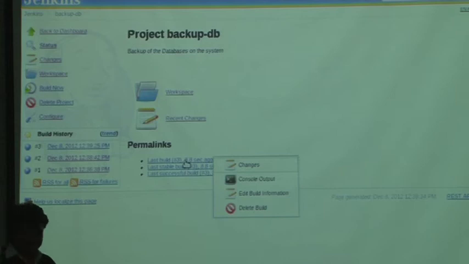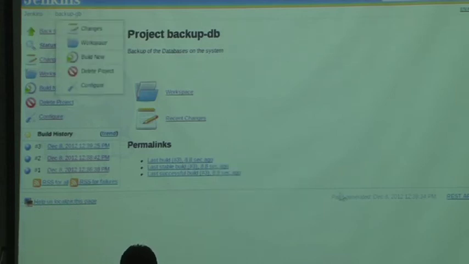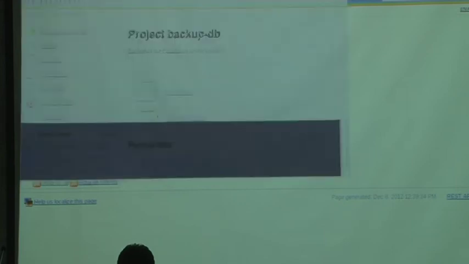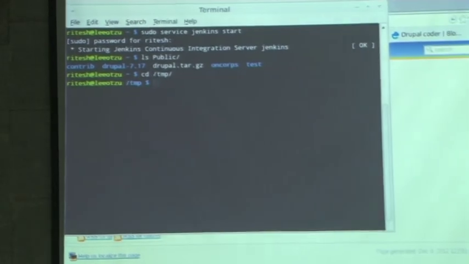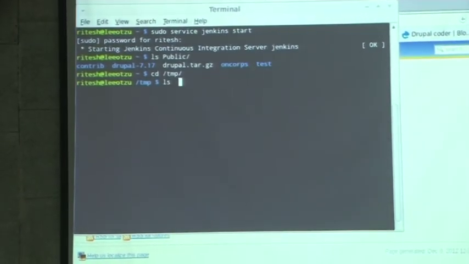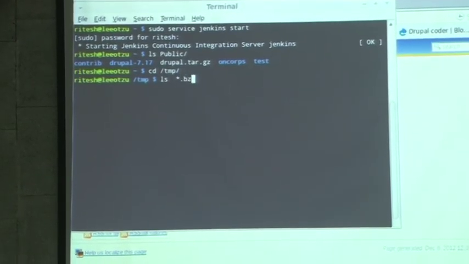Yeah. So this is the same backup that was taken using that command.